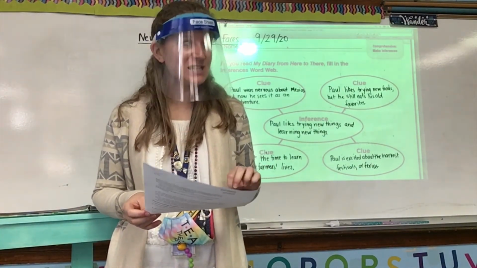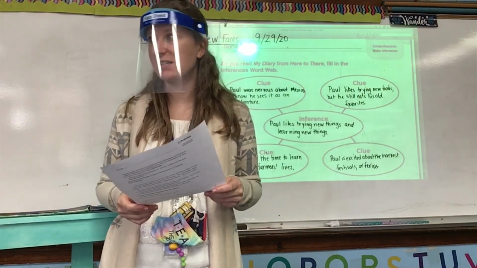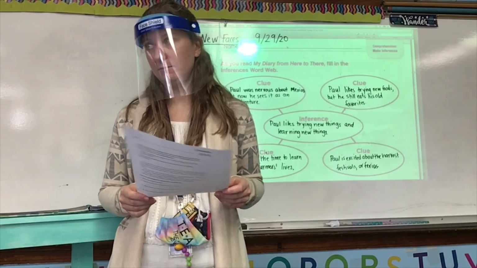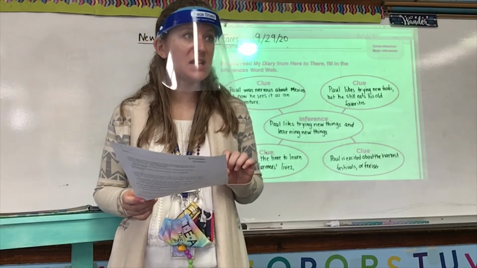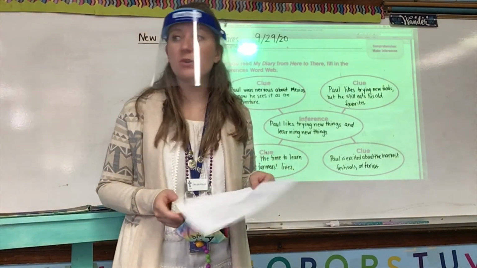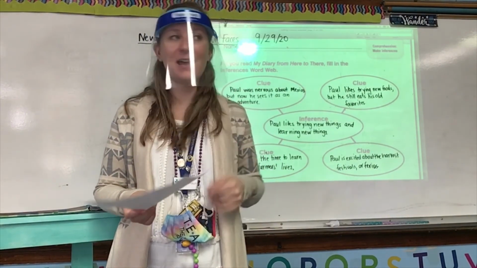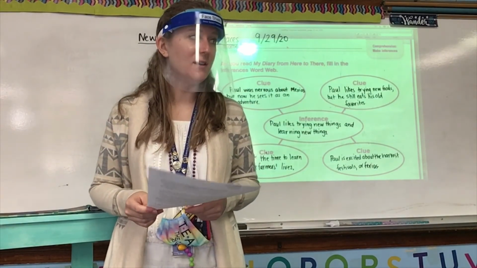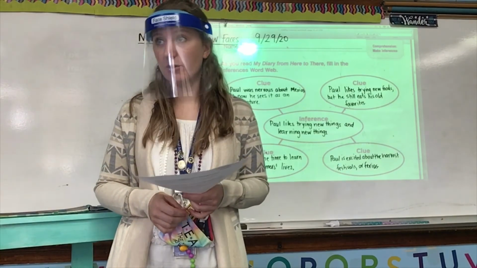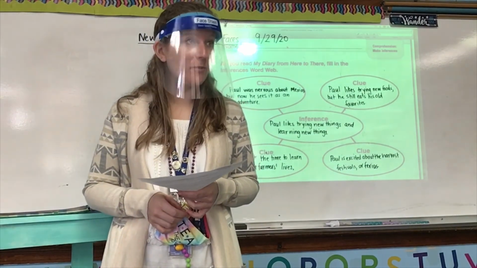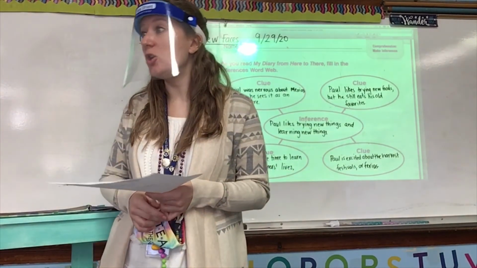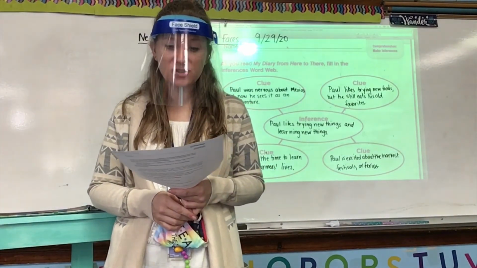For number 8, 9, and 10, you're going to write 3 brand new sentences that each use one vocabulary word. Make sure you use the vocabulary word correctly. Again, if the vocabulary word is a verb and you use it where a noun needs to go, you are incorrect. Make sure that the sentence has enough detail so that I know that you know what the word means. So you can't just say,